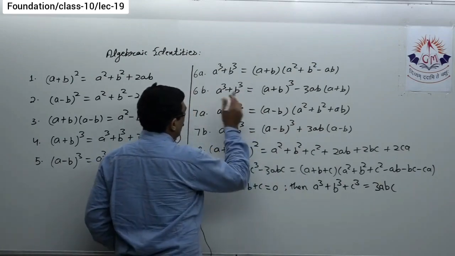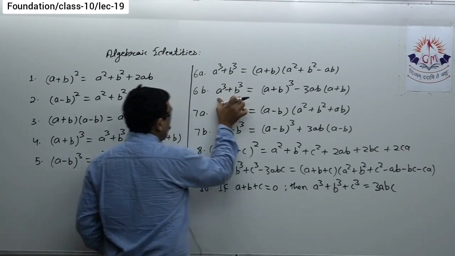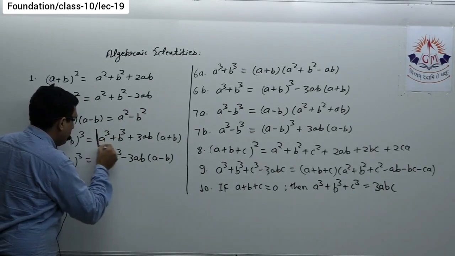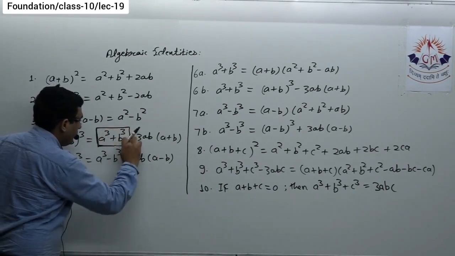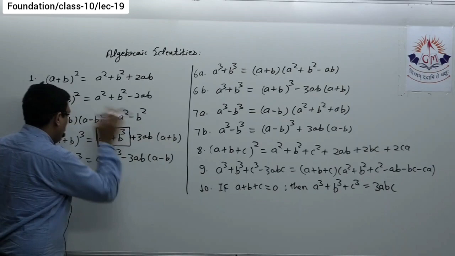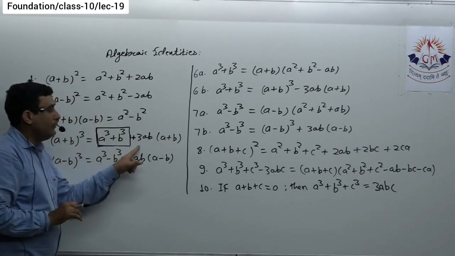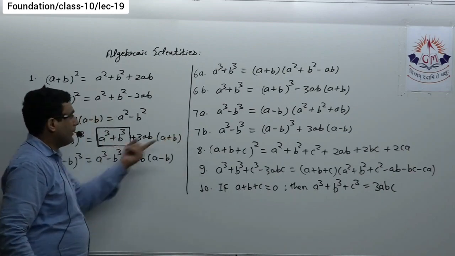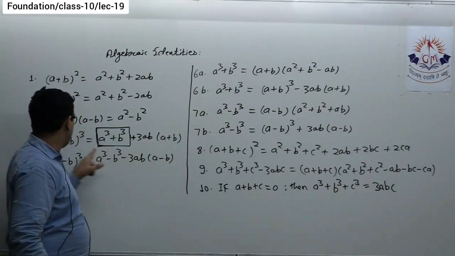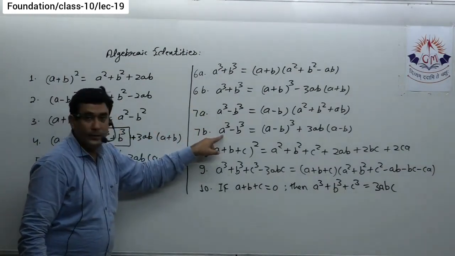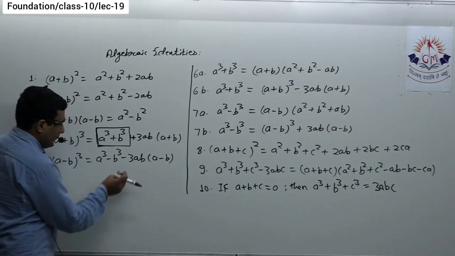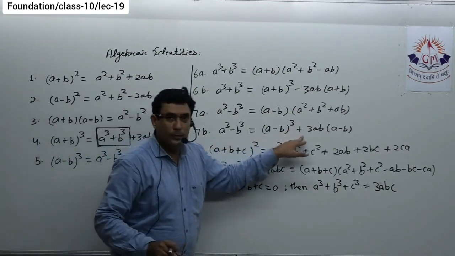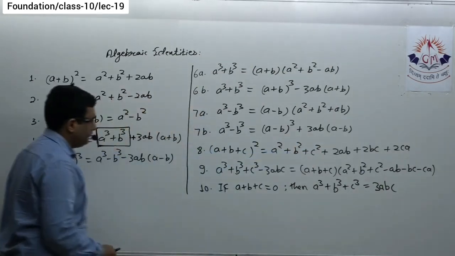Okay, now if we discuss this a cube plus b cube, I actually obtained it from this. See, I need to get the value of a cube plus b cube. So what I did, I took this term over here. So this will become a plus b whole cube minus 3ab into a plus b, isn't it? This is plus, so I took that side, so this will become negative. So I obtained this a cube plus b cube from this. Similarly, I obtain this a cube minus b cube from this. If I take this minus 3ab into a minus b on this side, I will get a minus b whole cube plus 3ab into a minus b.